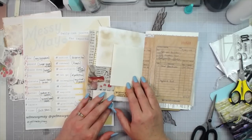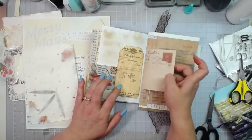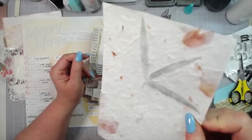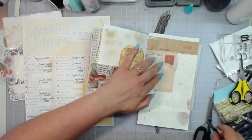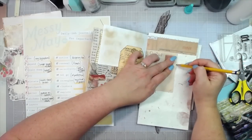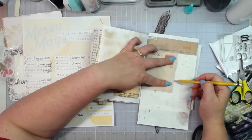Okay, our next one is renewal. Prompt 12 is renewal. And I'm wanting to go with a floral something or another. So I'm really thinking the back of this that I'm going to write a quote on is very plain. And this is some hand-pressed paper that I think I will cover the back of this because it is rather thin. I'll cover that, and let's see if I got a pencil here. Here we go. I'm just going to draw it and cover it up, and we'll put a little floral accent of some kind